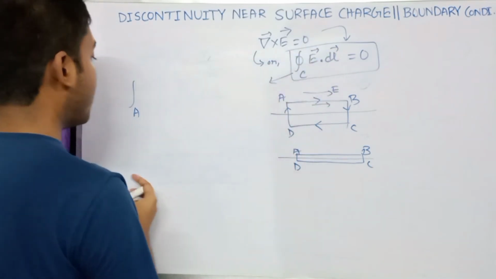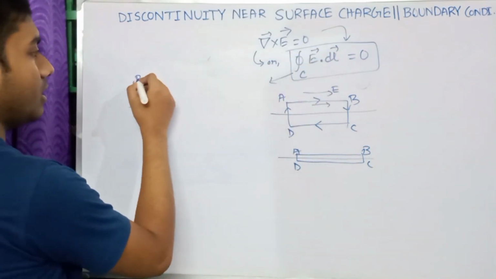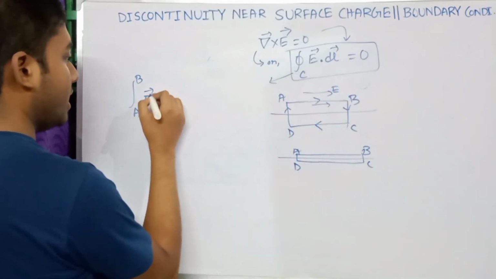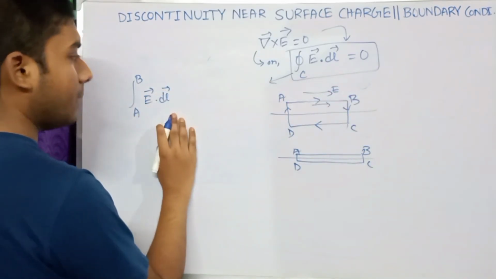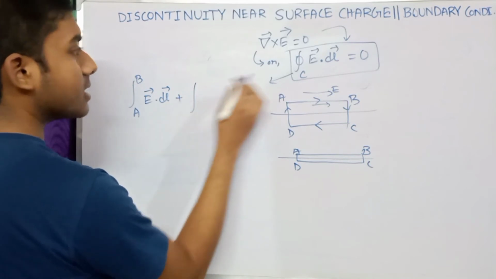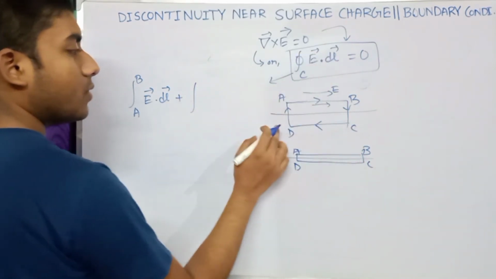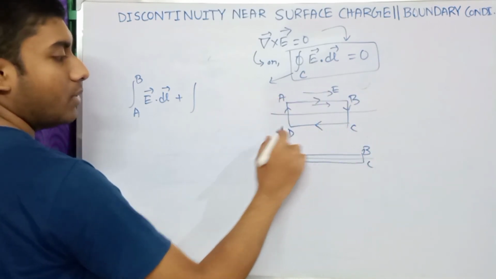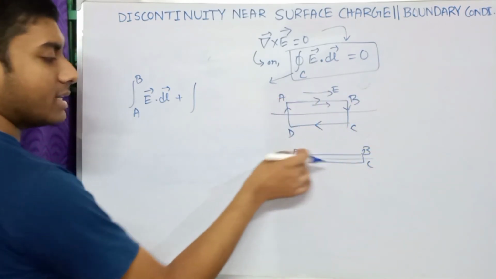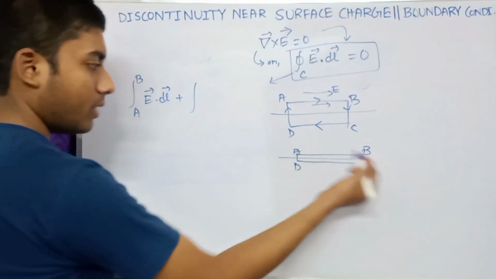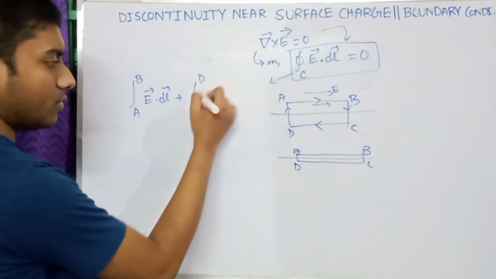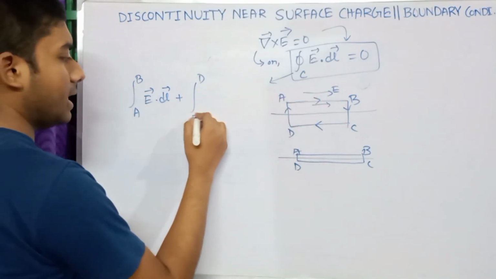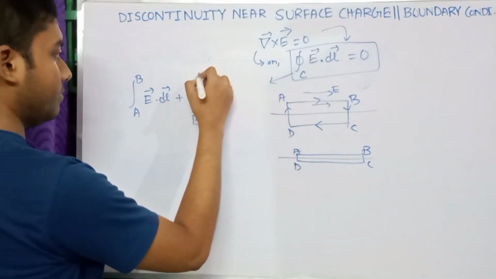line integral will be what? From A to B of E dot dl. E is directed in this way, suppose. So E into dl, plus integration from C to D, right? We are going from A to B, and then from C to D. That means as B and C, and D and A are coinciding, we can write C to D, or we can write this as B to A, right? So B to A